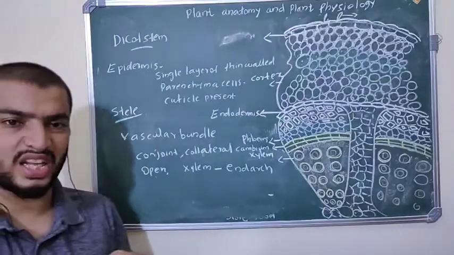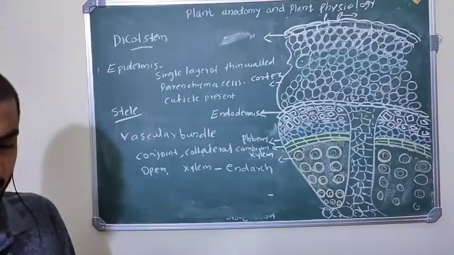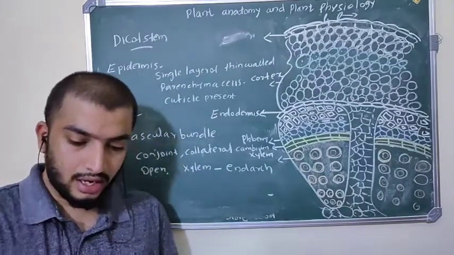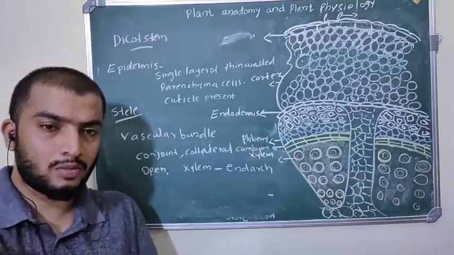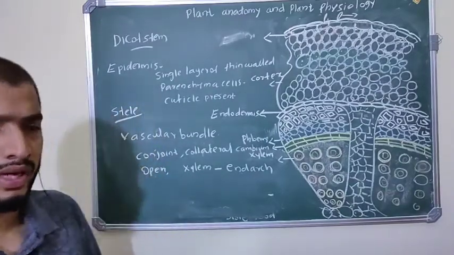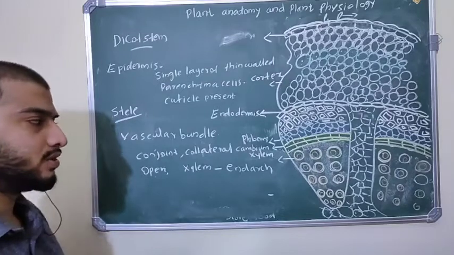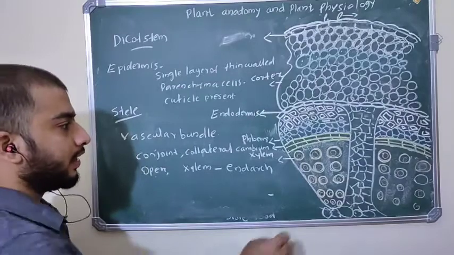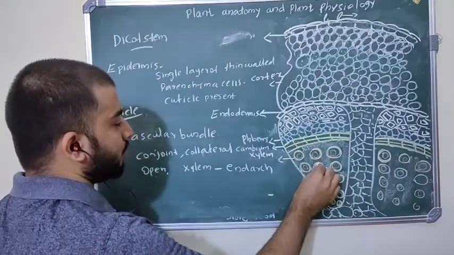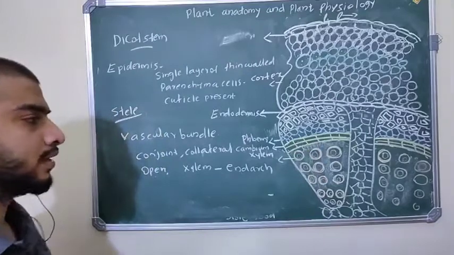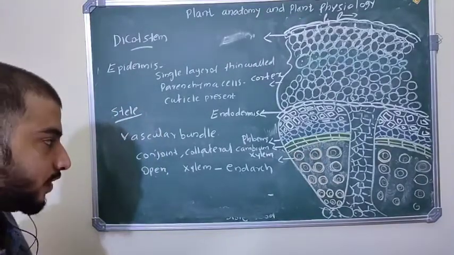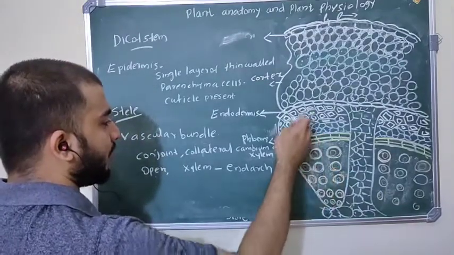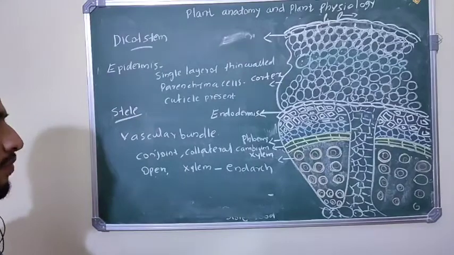These vascular bundles are arranged in the dicot stem in a ring-like structure. If you see figure 1.24, you can see the ground plan. In the ground plan, you can see all the vascular bundles arranged in the form of a ring. So all the vascular bundles in the dicot stem are conjoint, collateral, open. What is meant by open? If cambium is present in between phloem and xylem tissues, that vascular bundle is open. And collateral means xylem and phloem are in the same radius. So that's about vascular bundle.